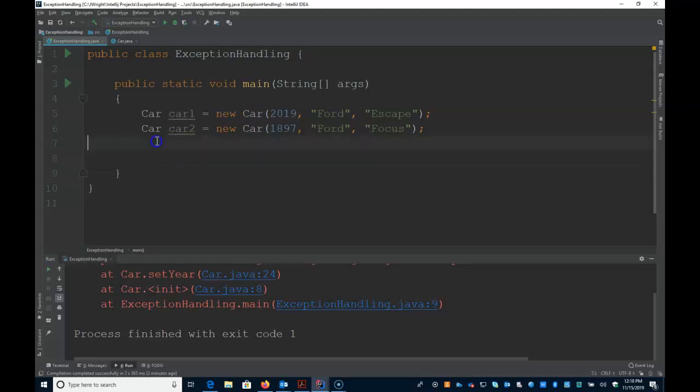And so here I have a situation where I'm going to build two car objects. The first car is a 2019 Ford Escape. And then the next car, what I meant to type was a 1997 Ford Focus, but I accidentally put 1897. So this would be an invalid car if it were allowed to continue. So if I run my program,